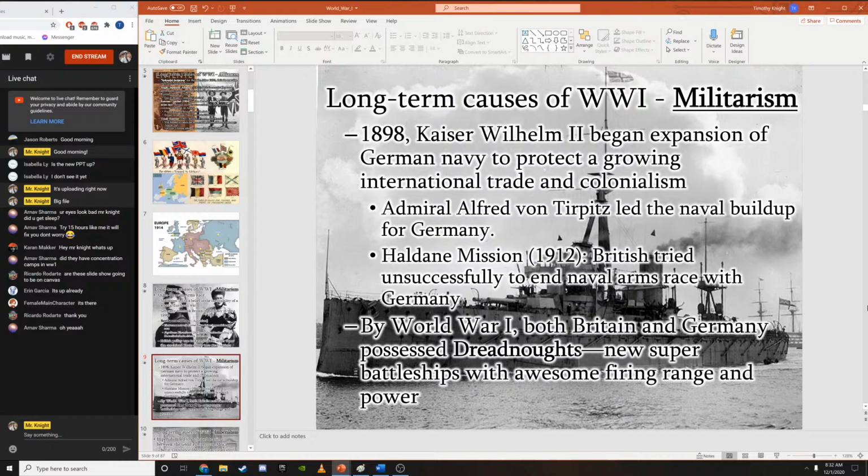In World War I, the Navy is not particularly effective in terms of doing damage to the other side. Except for U-boats. U-boats are the exception to that. But in terms of battleships, we don't really see battleships take the role that both Germany and Britain thought that they were going to in World War I.